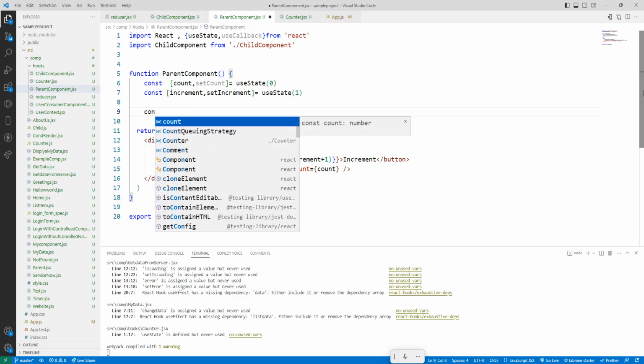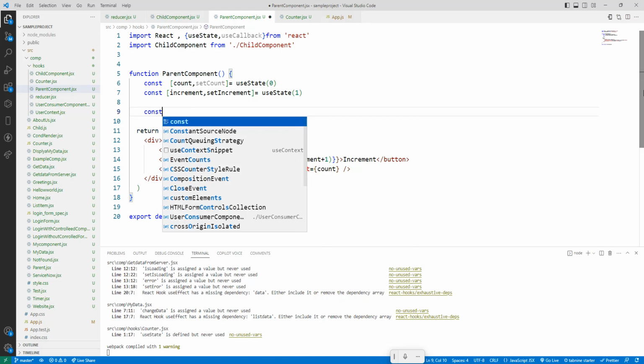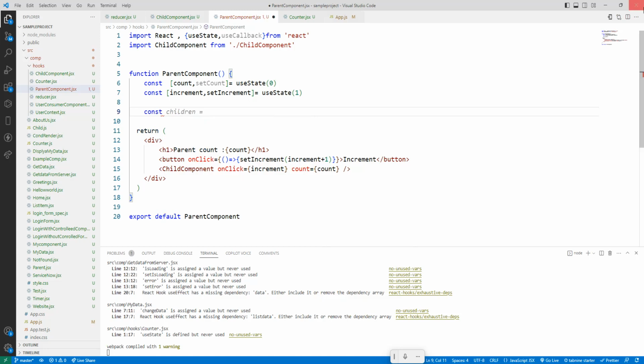So I need to call the increment method here. Sorry, define. Okay, so here